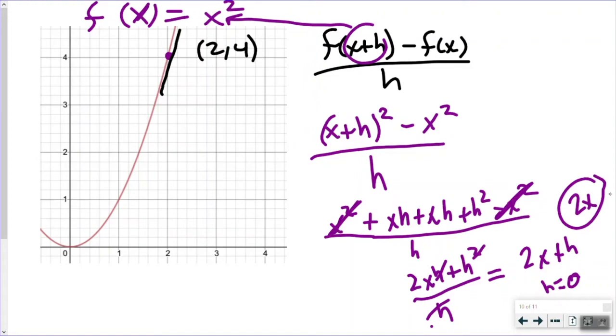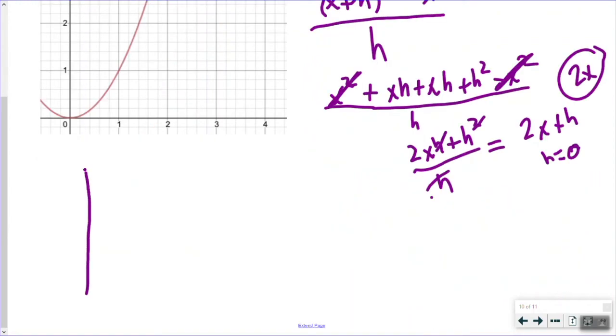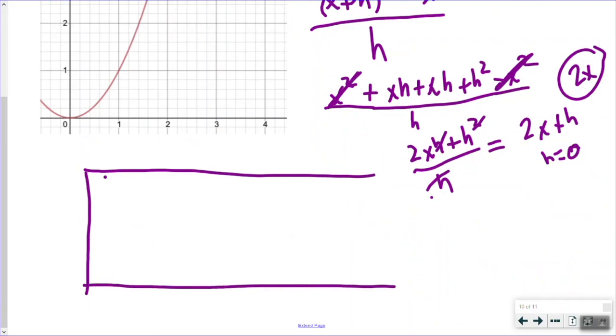Let me help you out a little bit. I'll make a table. We'll say x goes here, and then